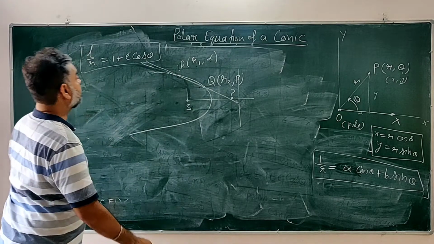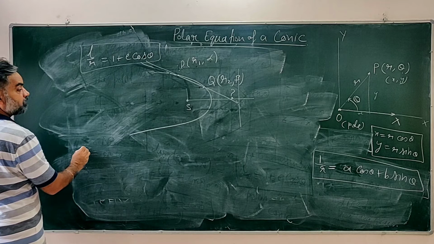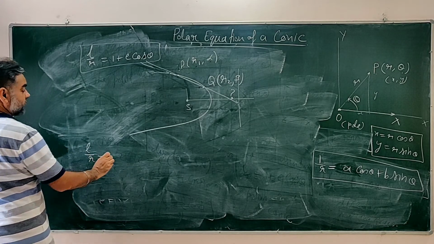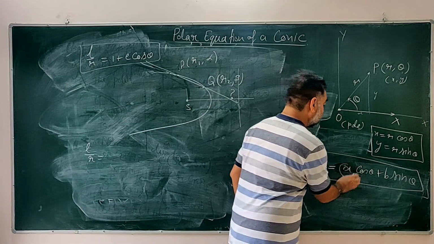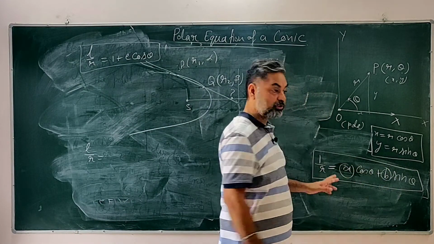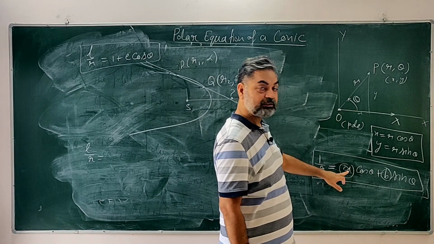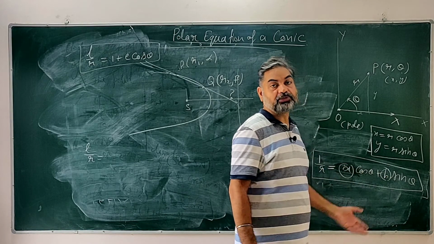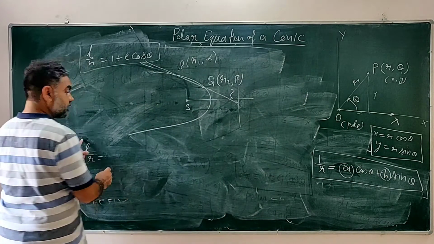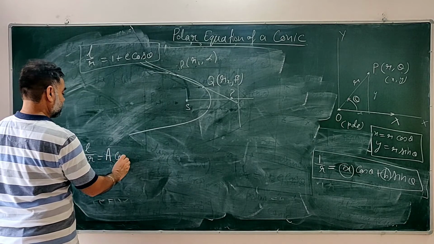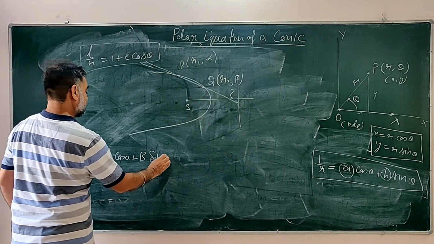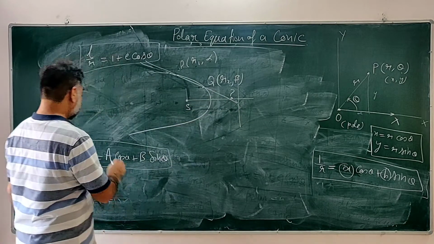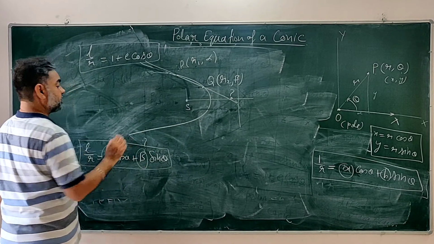So suppose the equation of the line PQ is, instead of 1 over r I will write L over r, because a and b are constant. If you multiply this equation by small l everywhere, the small l gets absorbed here, it becomes a new constant, and it gets absorbed here also, this also becomes a new constant. So this equation can be written as L over r is equal to A cos theta plus B sin theta. Suppose this is the equation of this straight line PQ. We will find what A and B are.